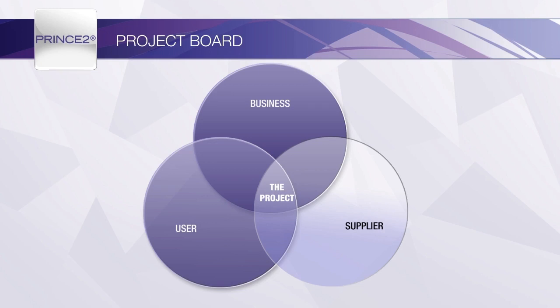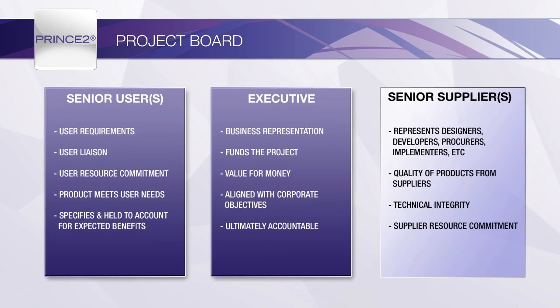The project board will represent the various stakeholders and their interests, covering the three primary stakeholder categories of business, user and supplier. The executive, senior user and senior supplier roles must be present on the project board at all times. This might mean that early on in the project, where supplier contracts have not yet been agreed, the senior supplier role may have to be taken by someone from the customer's organisation. Typically, the executive member on the project board, or possibly a contracts manager, both of whom would be empowered to commit to specialist spending, would take this role temporarily until the choice of supplier has been made.